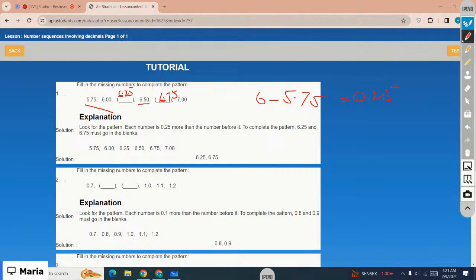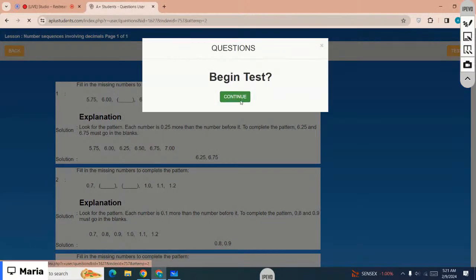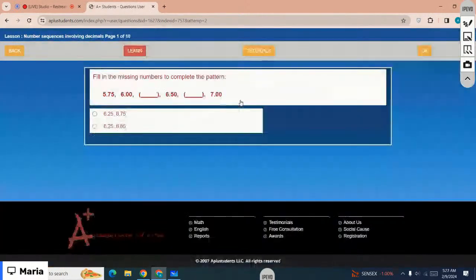Let's just start with the test questions. Okay, fill in the missing numbers to complete the pattern. 5.75, 6, missing 1, 6.50, missing and 7. Basically, you have to see how the pattern is growing. This way you can find the missing number. And how do you know the pattern is growing? That's the one we did in the tutorial. If you look at the first two numbers, 5.75 and 6, you can subtract the first one from the second one. 6 minus 5.75 is 0.25. That means the pattern is growing by